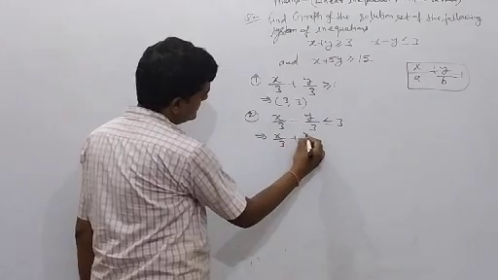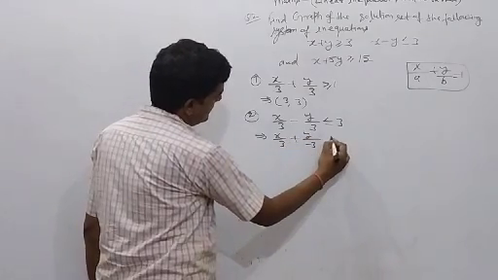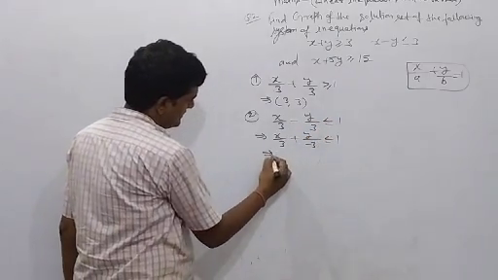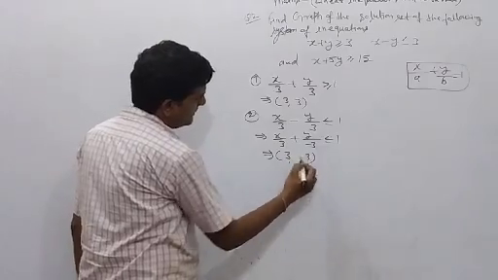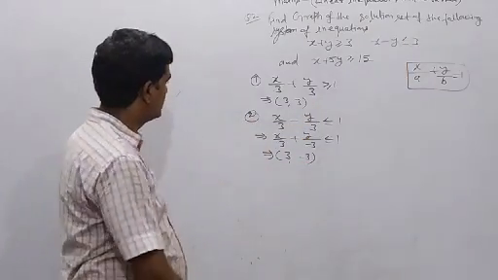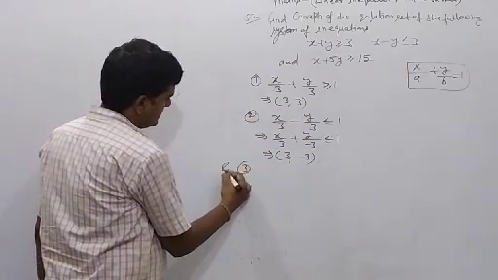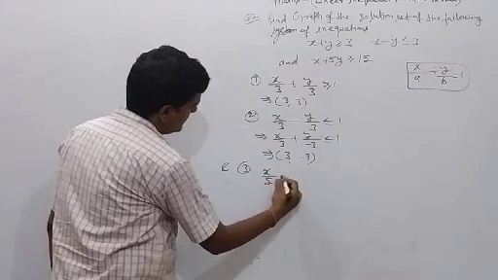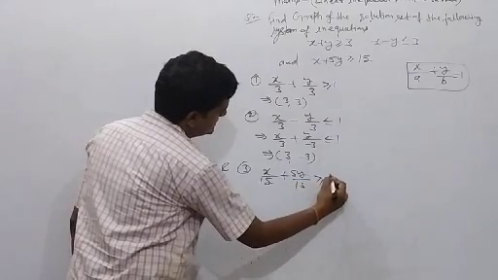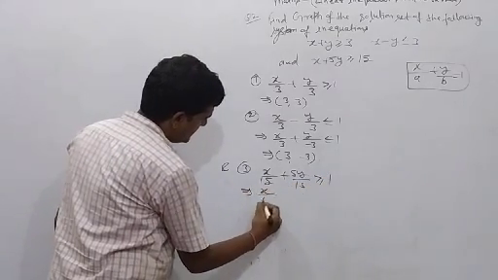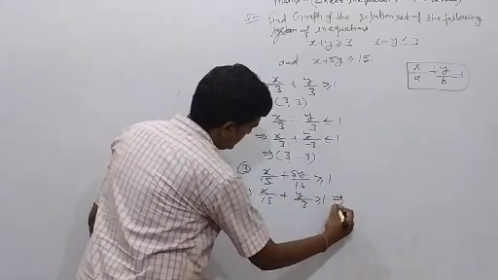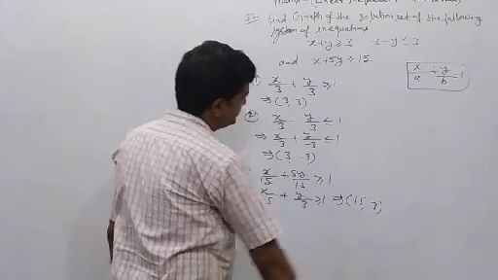The second equation is x by 3 plus y by minus 3, and here when we divide, it means 1 here. Clear? That is x is equal to 3 and y is equal to minus 3. Very simple. X by 3, y by 3 and 3 by 3. And equation number 3 is x by 15 plus y by 3 is more than or equal to 1.